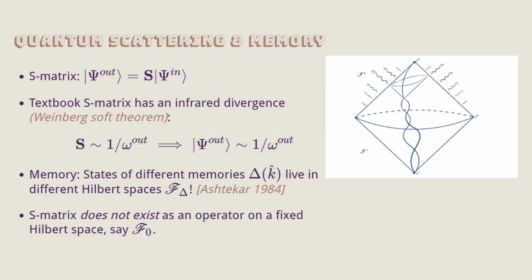If you take the cutoff to zero, it'll pop up again, right? So for inclusive cross sections, you put in some IR cutoff and compute some cross section. After that, you take the cutoff to zero. Memory should come out in that process also, I think, right? I don't think it does.